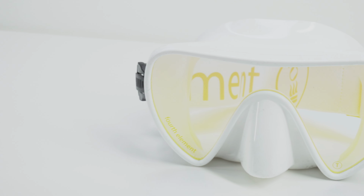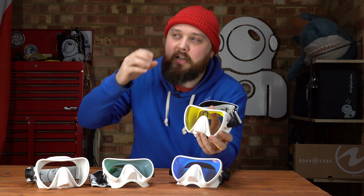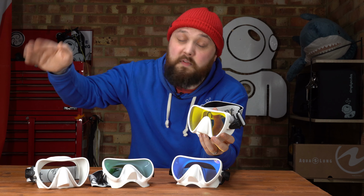And finally, we have shield. Shield was originally inspired by those gold visors that you see on NASA astronauts. And this gold is reflecting or blocking out UVA, UVB lights. It's helping to reduce glare. So it's all about protection. It's going to protect your eyes from harmful rays coming in. So if you're diving in and around the surface, if you're snorkeling a lot, then it's going to help prevent all of that rippling light on the surface from bouncing into your eyes and damaging your eyes over